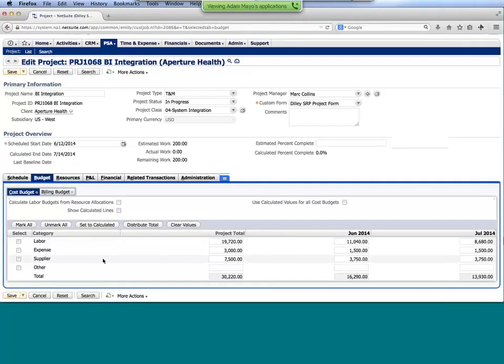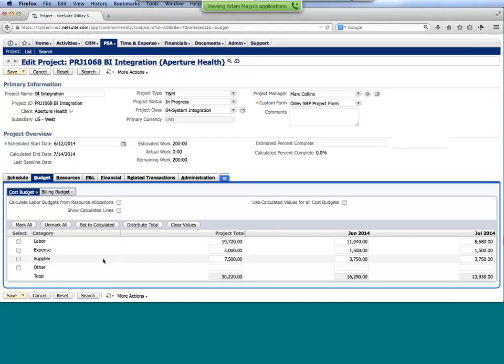But for expenses and third-party suppliers, I'm probably not going to get to that level of detail. I'm not going to say on this task my expense budget's this, and on this task it's that. So I'd rather use the labor at the task level to populate it, but at the expense level, I'm going to just be higher up in the hierarchy and specify that. So again, the nice thing is that it's flexible. You have the power to go further down if necessary or higher up to accommodate that.